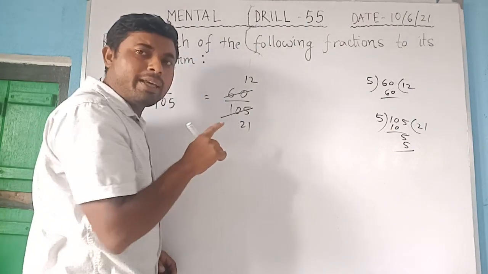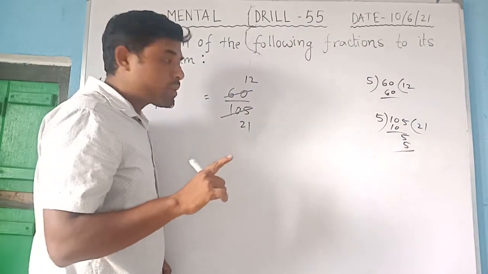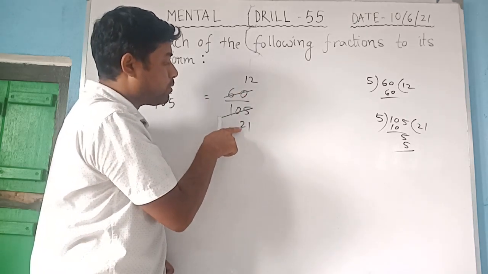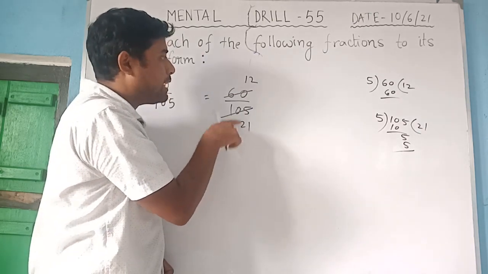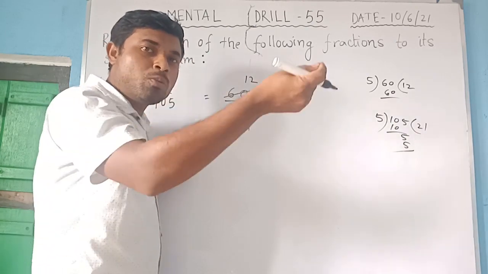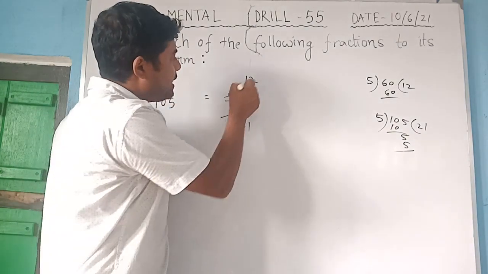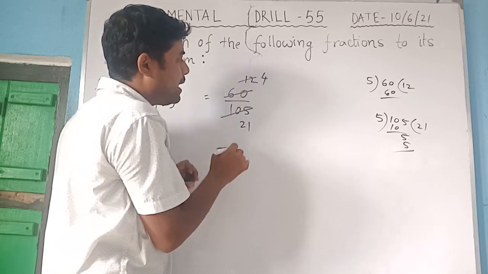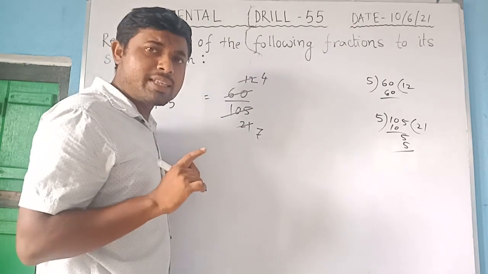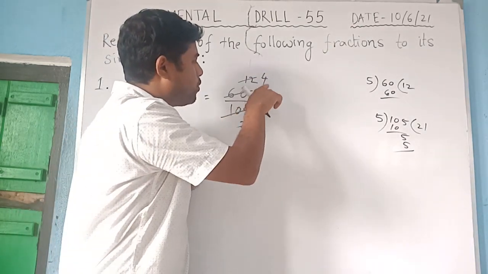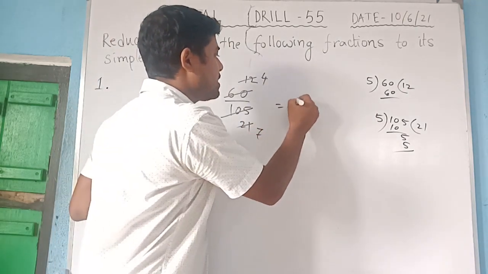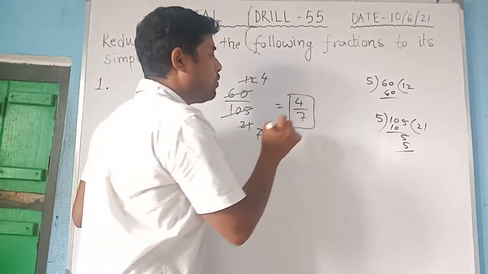Can you cut them by any common factor? You can cut this by 2, and can you cut this by 2? Cut means divide. No, that means you can't do it. You have to divide the numerator and the denominator by the same number. So by 3, yes, if you divide 12 by 3 it will be 4, and if you divide 21 by 3 it will be 7. Here 4 and 7. Is there any number by which you can divide both 4 and 7, other than 1? No number. That means this is the simplest form. So the answer is 4 by 7.